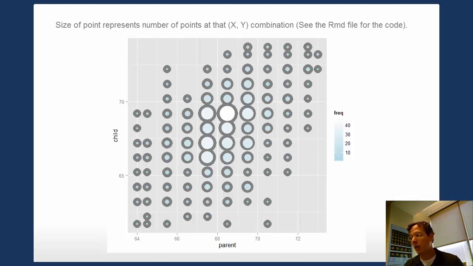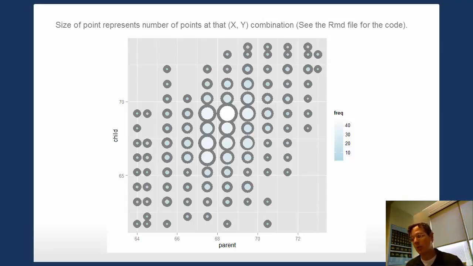Here, a very light color represents a frequency near 40, and a darker, bluish color represents a frequency toward 10 or down to 1 at specific locations. So the size of the point and the color of the point are representative of the frequency of parent-child combinations at that specific XY pair, and this is a much better plot because it